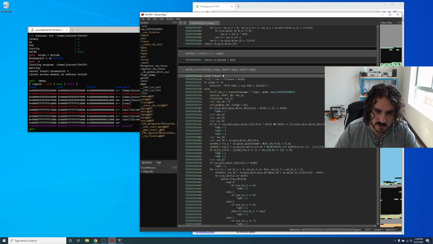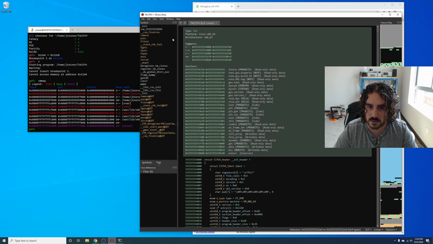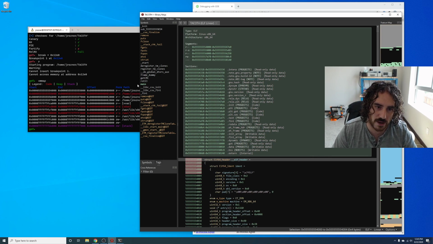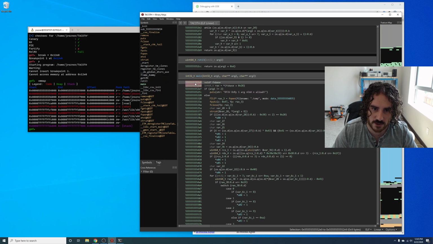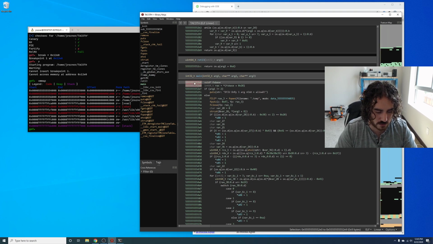You'll see all these numbers now, all these addresses switch. It has taken the starting address of where the ELF header is and mapped it to that address. And then everything is offset from there. So now if we go back to main, this address should be sufficient for us to actually set a breakpoint. So I'm going to copy this,